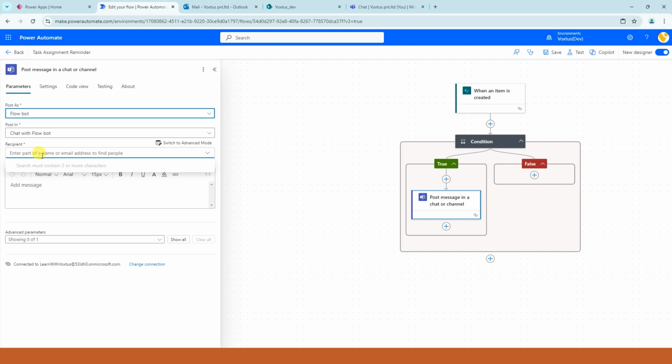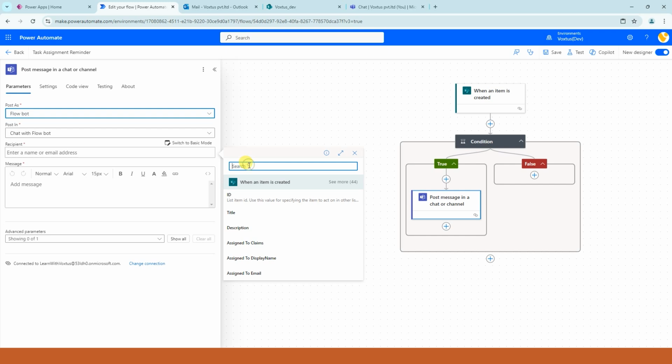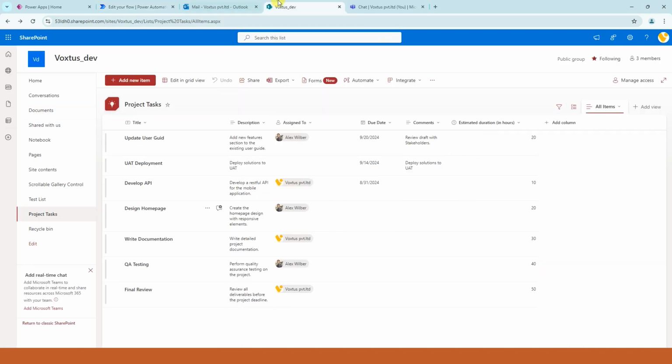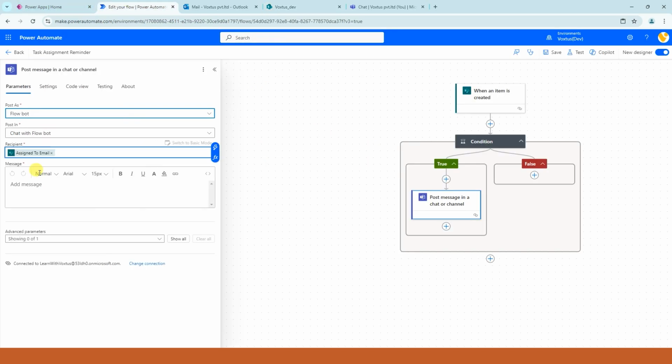And participant, who's going to be the participant? The participant we are going to use from our last action. So just type assign to email. Okay, so we are going to use this field to get the email of assign to. And what we are going to type here,